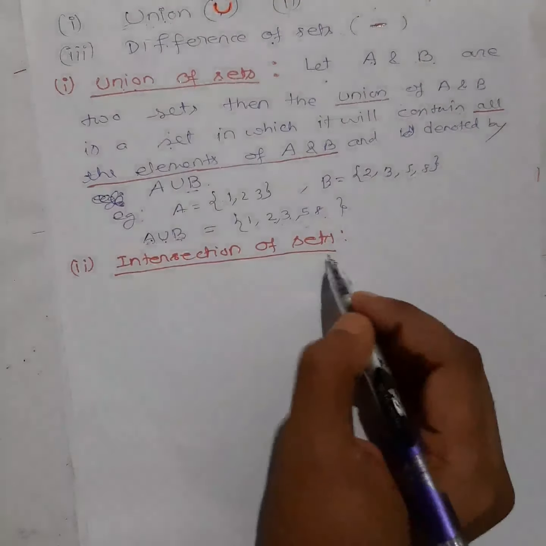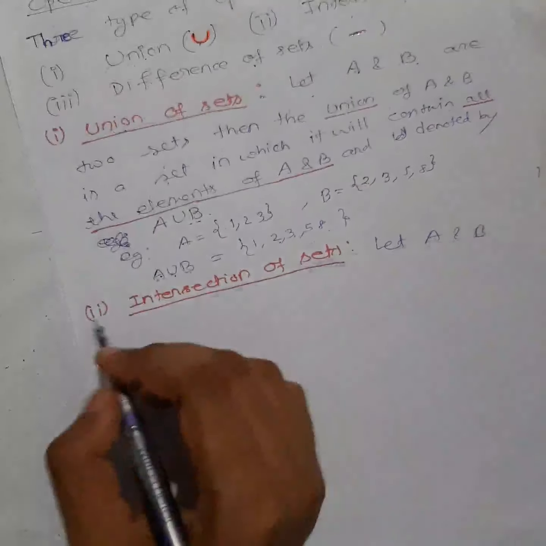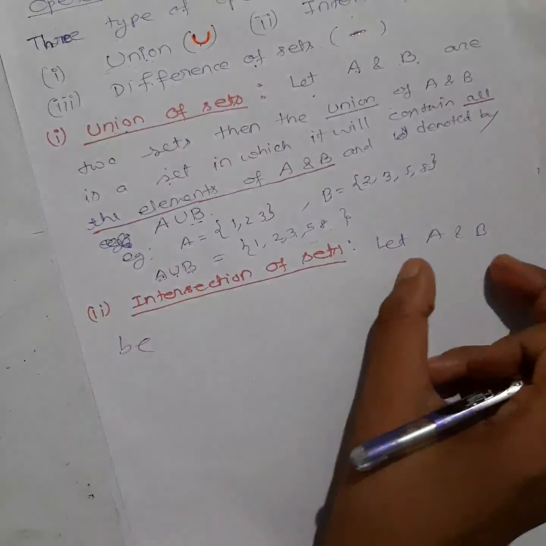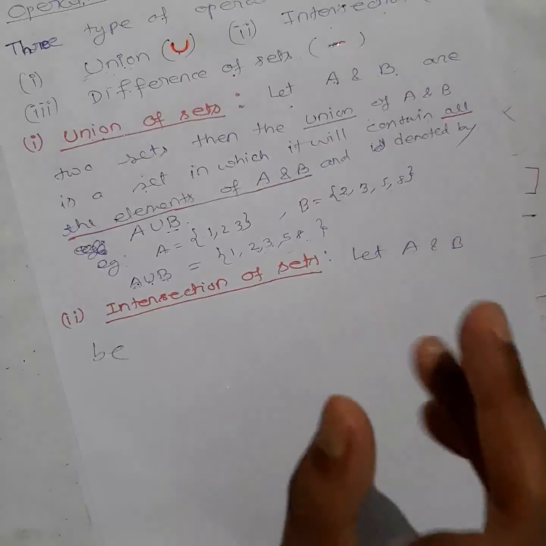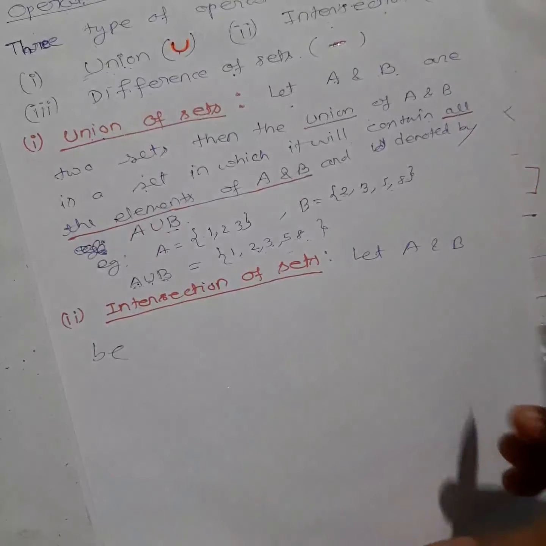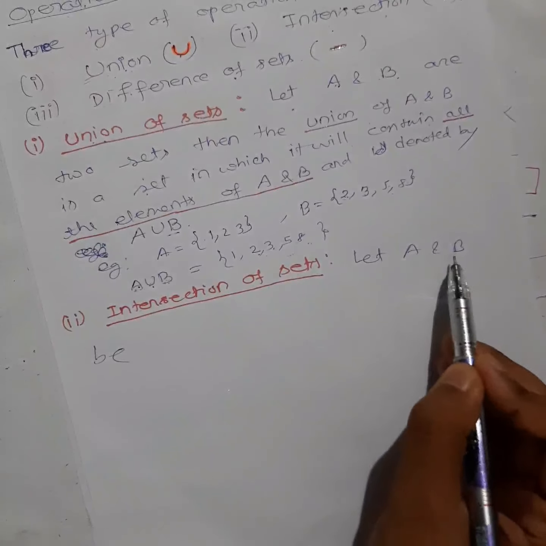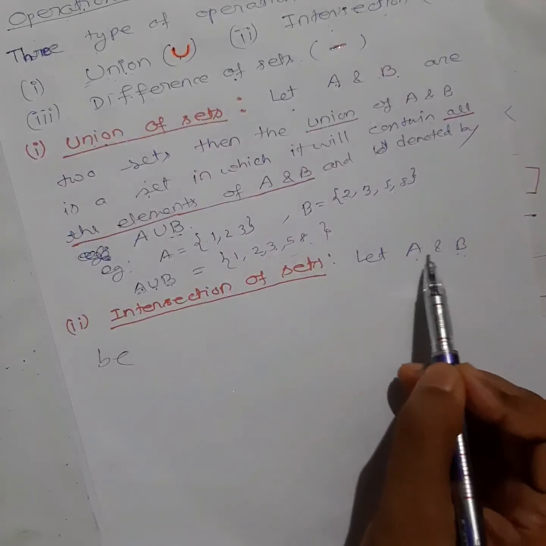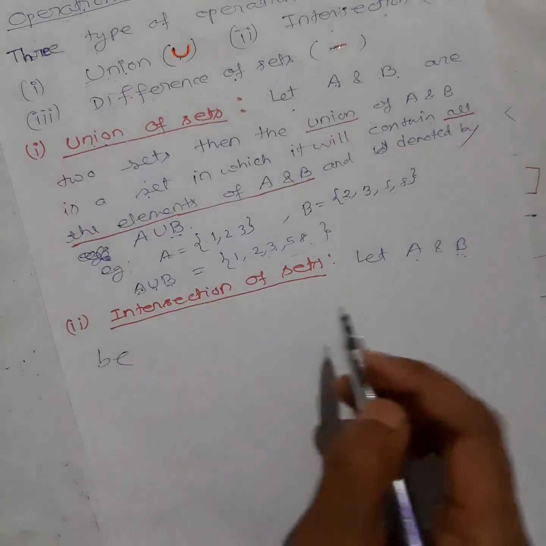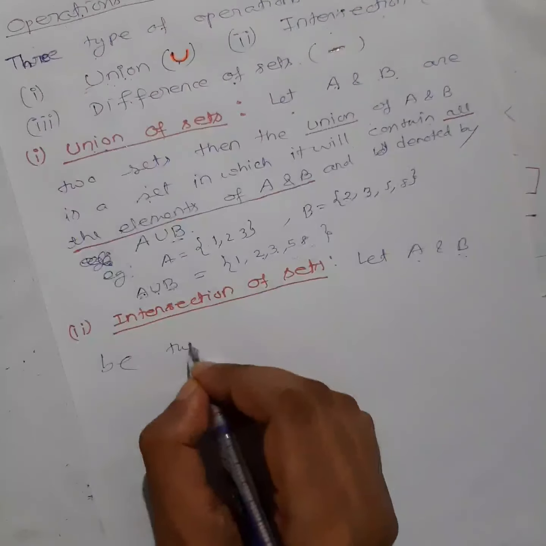Next, intersection of sets. Let A and B, I'm just taking two sets. You need to understand this can be done with more sets, not only with two sets. With three sets, four sets, five sets, you can do intersection. I'm explaining with two sets, so that if you understand with these two, you can do it yourself with three sets, four sets also. Okay, so let A and B be two sets,